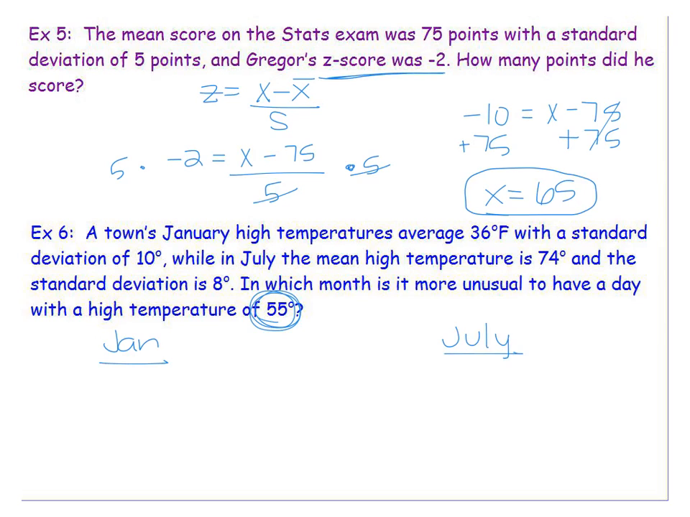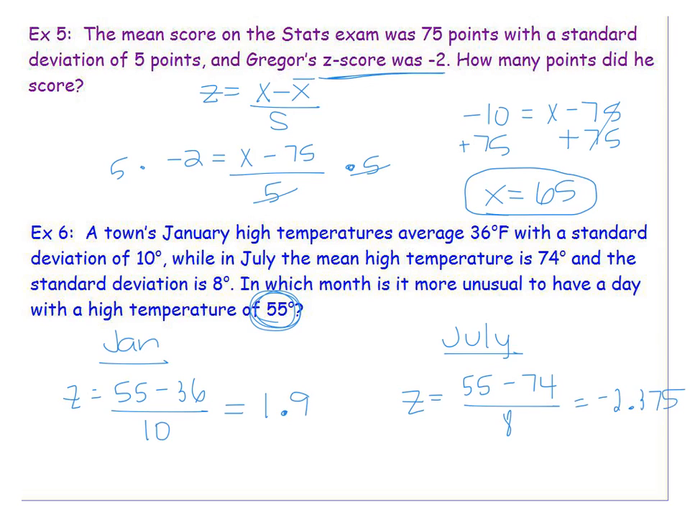This is where z-scores come in. We're going to use that number for both months and we're going to turn it into a z-score. So the data value is 55. January's mean was 36 and January's standard deviation was 10. So 55 minus 36, hit enter, divided by 10, I get 1.9. Same thing for July. Our data value is 55, but July's mean is 74, and July's standard deviation is 8. 55 minus 74, enter, divided by 8, I get